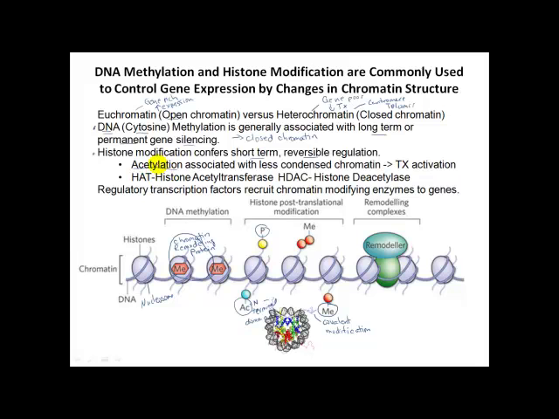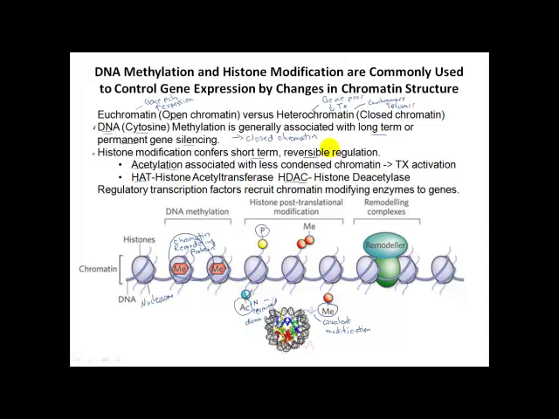So the proteins that carry out that acetylation reaction are called histone acetyltransferases, or HATs. So HATs modify chromatin such that chromatin structure becomes more open. The transcriptional machinery, RNA polymerase, general transcription factors have more access, can bind the promoter more easily, and therefore transcribe the gene. On the other hand, histone deacetylases, or HDACs, catalyze the reverse reaction, removing this acetyl group from the